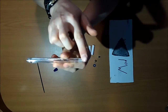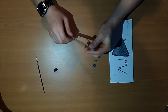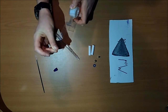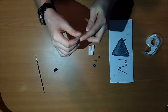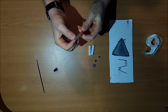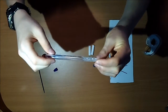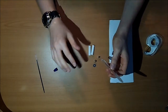Alright, so now this is pretty nice and flat for putting on the tips, but first what we're going to have to do is tape up this barrel and actually assemble the tips. This is the end of the tape, but I'm just going to tape up this barrel because the HGG grips, if this is not taped up, will wiggle around. They're too thick for the barrel of the RSVP. So we're just going to tape it up and make sure that there are no wrinkles when it's taped, so that